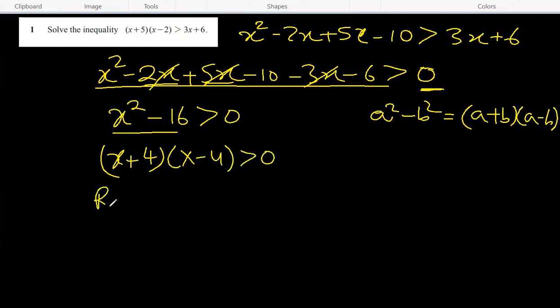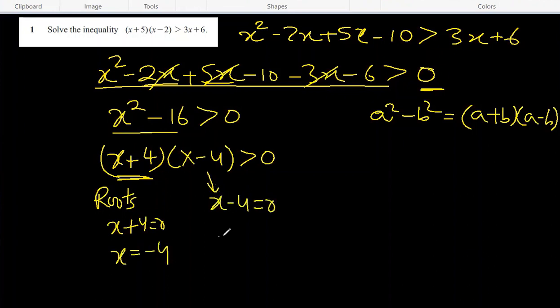So we get two roots now. From this, we get x plus 4 equal to 0, so that x is equal to minus 4. Here we get x minus 4 equal to 0, x is equal to positive 4. So we have these two roots, and now we have to